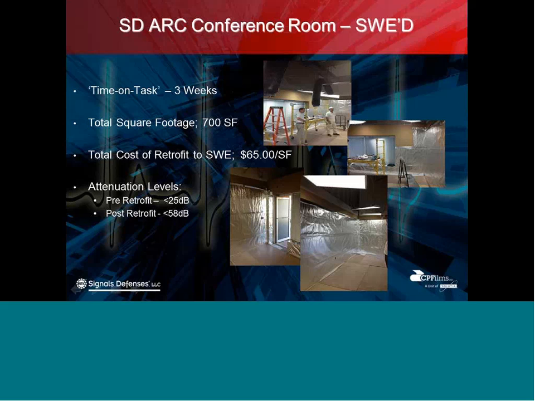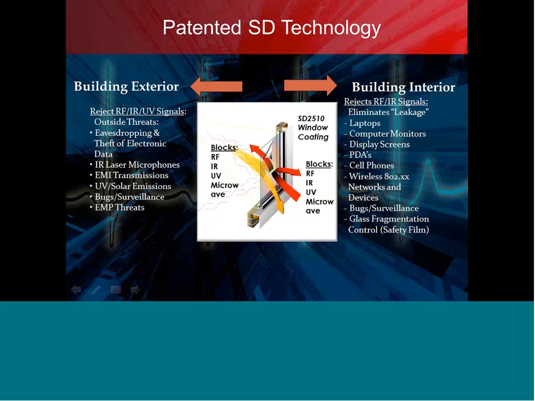I believe in those numbers on the slide, the 25 dB and 58 dB, those numbers added the ambient floor. So those are probably closer to less than 10 and then less than 40. We're around that 40 mark, which is pretty good. You're talking 99.999% attenuation. Well, why would we do that? Well, remember the wireless technology and the RF energy, we're going to contain it. The key component